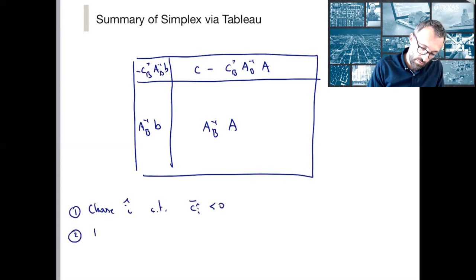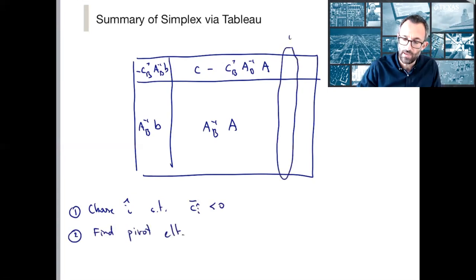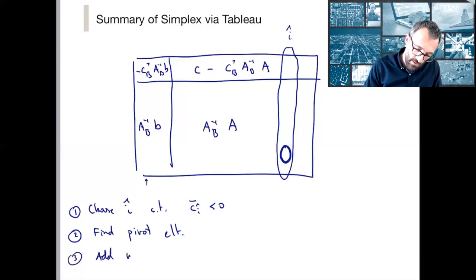Then we find the pivot element. Okay, so let's suppose this was our choice for i hat. Then we're going to find, by looking at a ratio of elements of this column with elements of this column, the pivot element. Once we find the pivot element, we add multiples